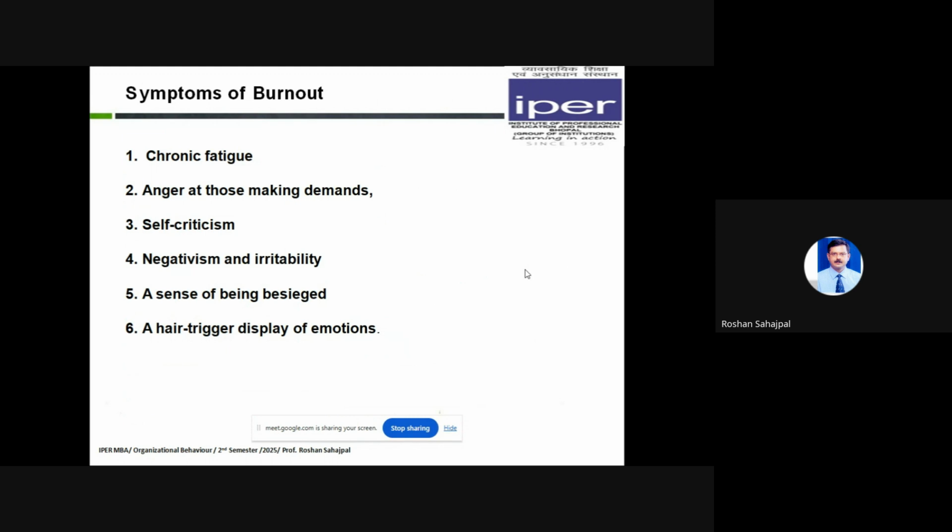जैसे कि एक माचिस की तीली बर्न हो जाती है तो किसी काम की नहीं रहती। तो बर्नआउट मैंने बहुत सारे केसेस देखे अपने करियर में भी कि कुछ लोग जो हाई टारगेट जॉब्स में काम करते थे, after a period of time they got so frustrated that they started doing their own work and they left the job because they got burned out. So because of the unrealistic demands and unrealistic targets that were put on them, they had chronic fatigue, हर समय exhausted रहना, anger, उनसे आप कोई नया काम बताइए तो एकदम से वो काटने को दौड़ते थे, सेल्फ क्रिटिसिज्म, अपने आप ही को एक लो सेल्फ एस्टीम वाले फेज में पहुंच जाते हैं, नेगेटिव थॉट प्रोसेस में रहते हैं, इरिटेबल रहते हैं,